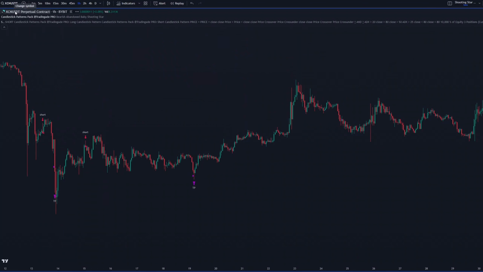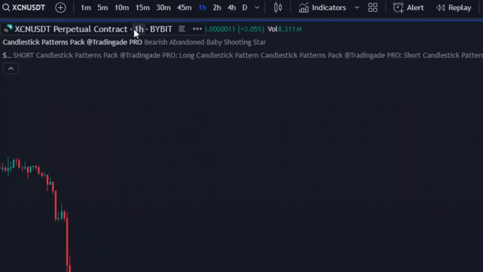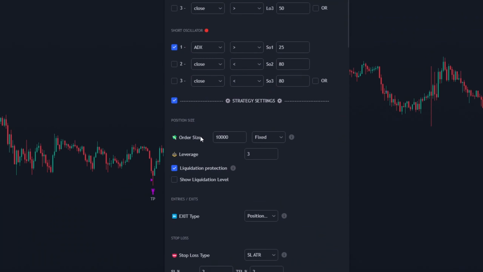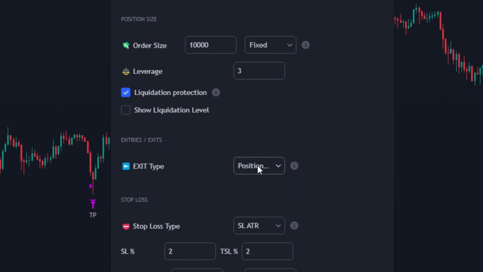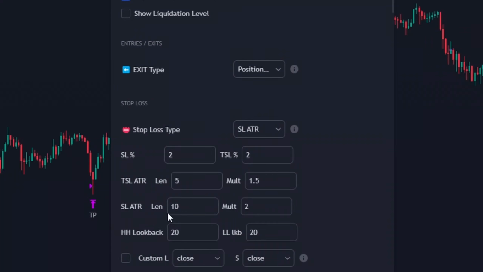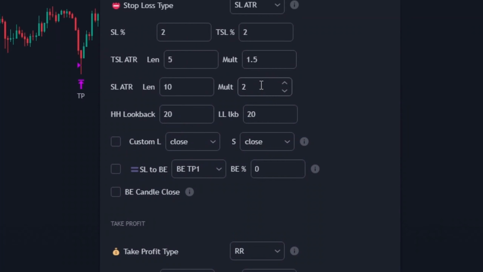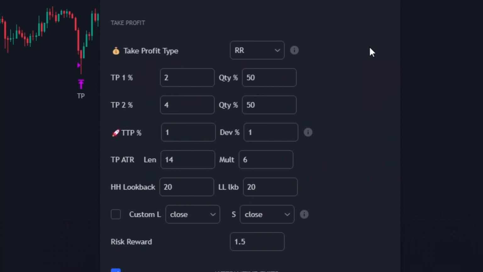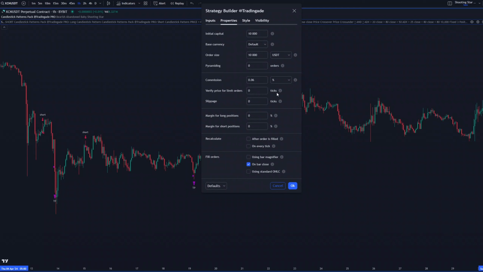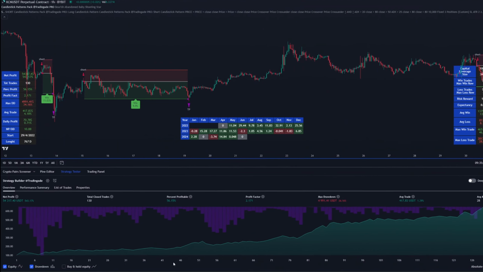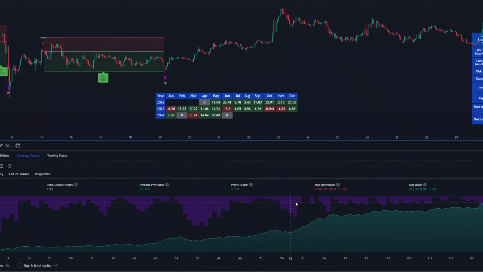We are here on XCN USDT, 1 hour time frame on Bybit exchange, position size $10,000 with fixed amount, 3x leverage, stop loss type ATR, with a length of 10 and multiplier of 2, whereas we will take our profit based on a risk reward of 1.5. As always, a 0.06% commission. And as you can see guys, we have a really spectacular equity line,